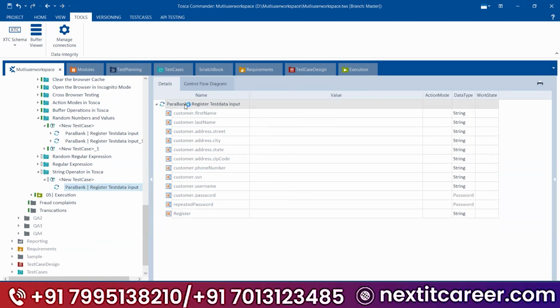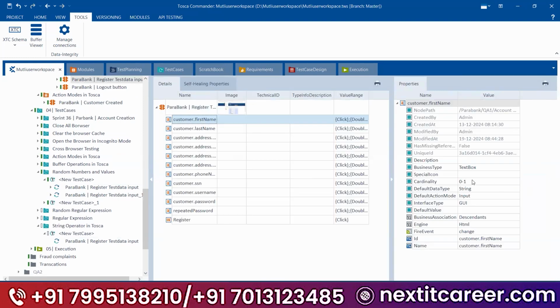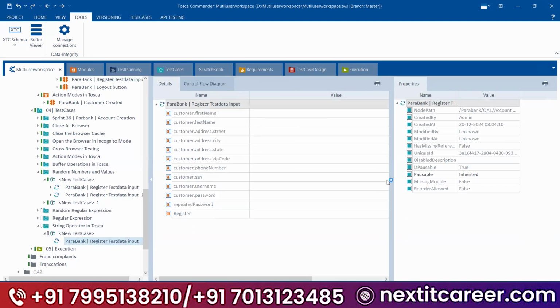For example, I want to use this first name again, so I will change the cardinality from 0 to 1 so that I can put everything in a single place.